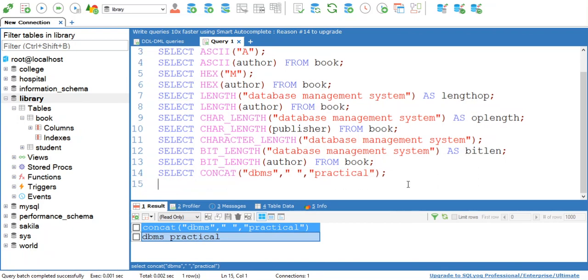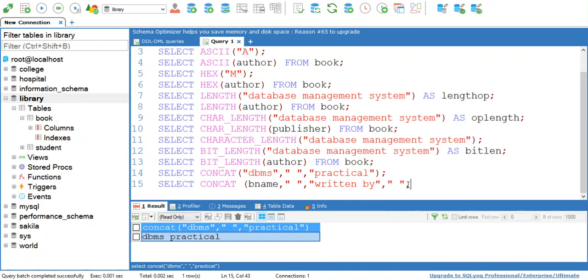Okay, so this concat function can be used with the attributes of your table also. Now our table consists of a book name attribute and an author attribute, meaning the book which is written by that author. So I want to display a statement: book name, b name is the attribute, then b name, space, written by, again space in double quotations. Whenever you give a space within double quotations, that space is treated as a string.